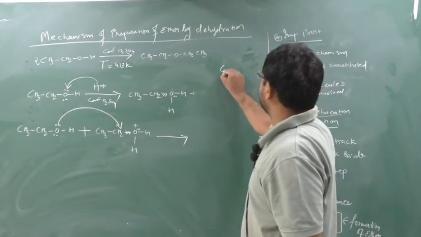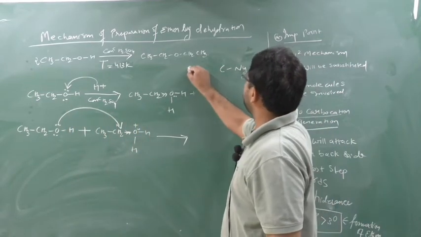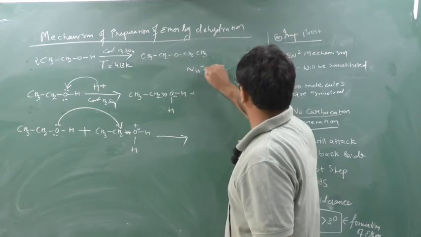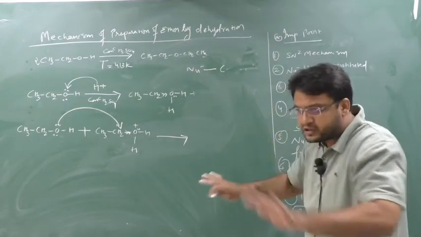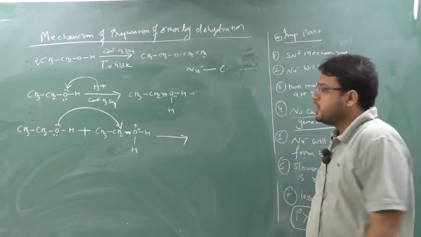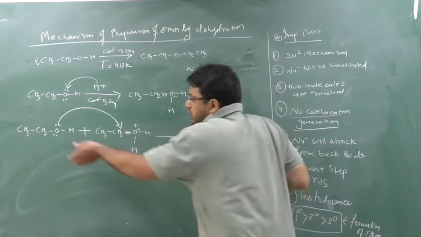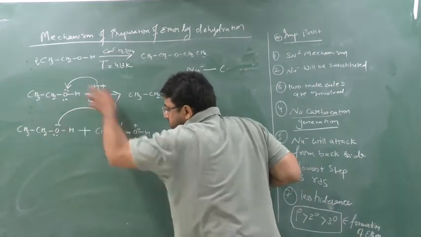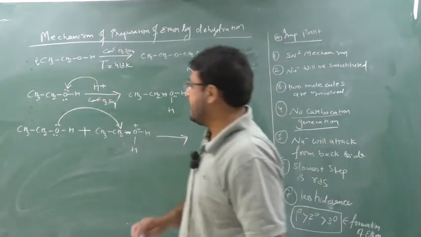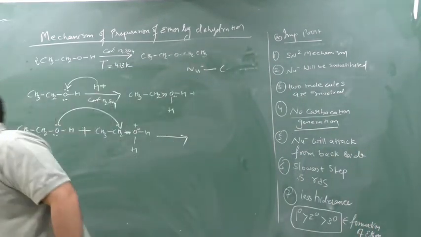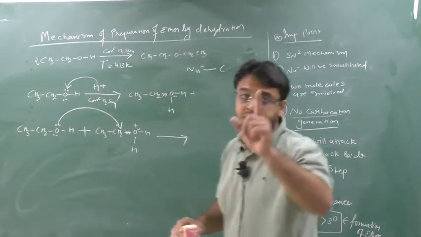I told you that this is a carbon nucleophile, and here one nucleophile is sitting. As this goes, this comes. So there will be no time to generate carbocation. As H2O wants to go, this CH3CH2OH will start to come here. So there will be no time to generate a positive charge here, so there will be no generation of carbocation. This you have to remember.